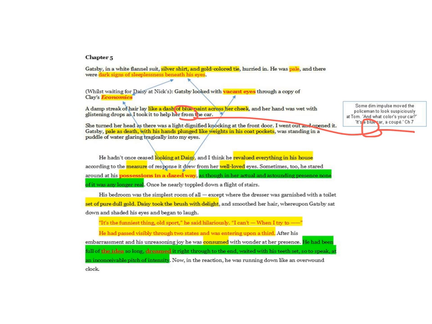That idea of wealth consuming the rich as well, I forgot to mention that simile, pale as death, quite an obvious one. It's this little section here just after that I also want to focus in on. This is quite a signature characterisation of Gatsby here. I think it's maybe 3 times, could be more, happy to be proven wrong, that we get told that Gatsby has his hands in his pockets. So here it's with his hands plunged like weights, may foreshadow how he meets his fate at the end of the novel, which is something that sinks you or drags you to the bottom. Plunged like weights in his coat pockets.